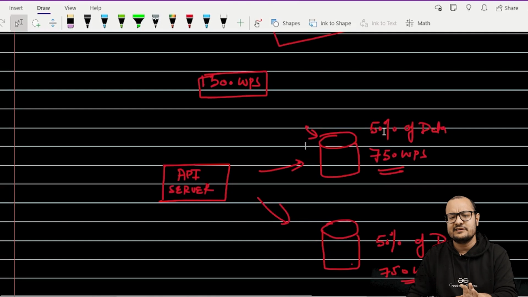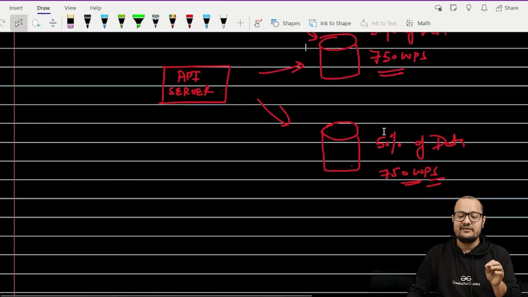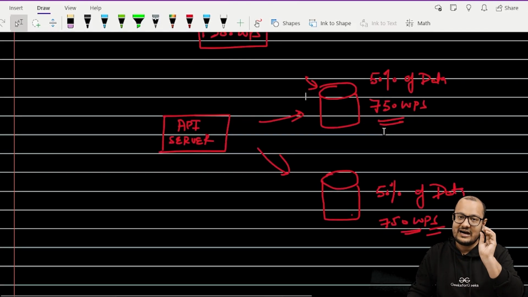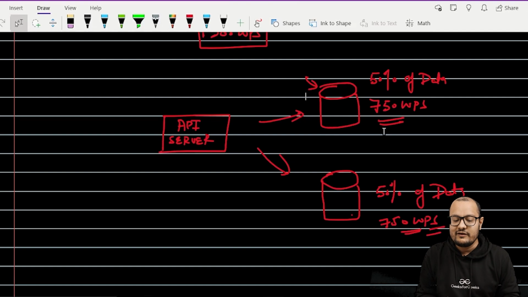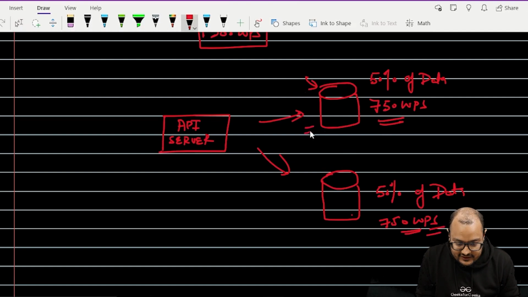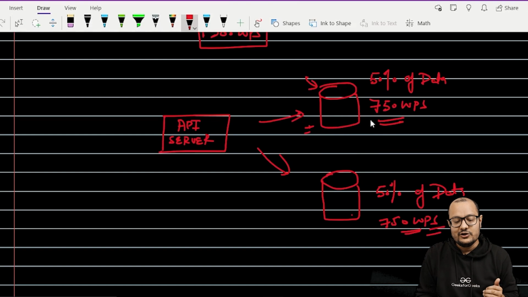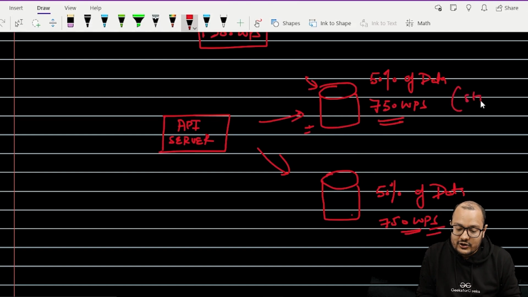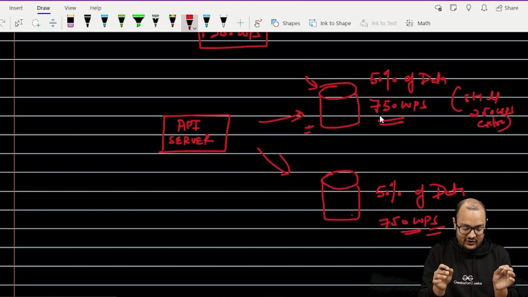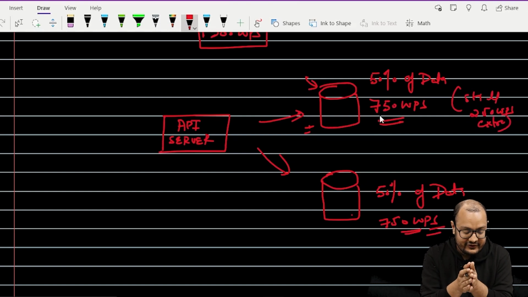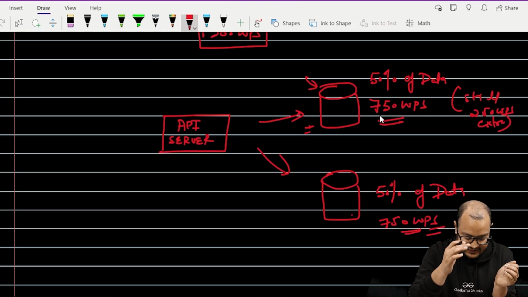Not exactly this much, but let's say we have a capability of 1000 up until vertical scaling. So when we horizontally scale and add another DB, the first DB will be able to handle 1000. So you can still handle 250 writes per second extra, right? That's the benefit of horizontal scaling.